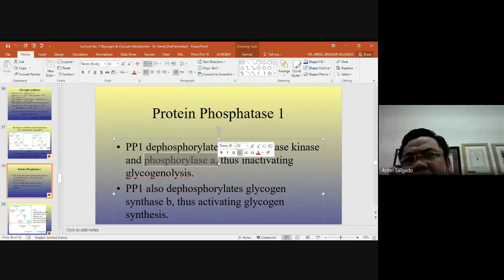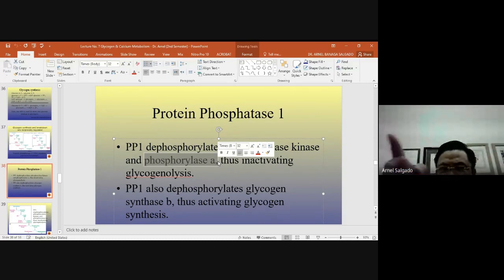We will not be producing. Imagine this: without the action of protein phosphatase, what happens if you keep on eating a lot of carbohydrates, let's say a lot of biryani? Therefore, a lot of sugar will enter your bloodstream. And if glycogenolysis is not regulated, the liver will keep on producing glucose 6-phosphate. So sugar will be concentrated in the bloodstream, leading to